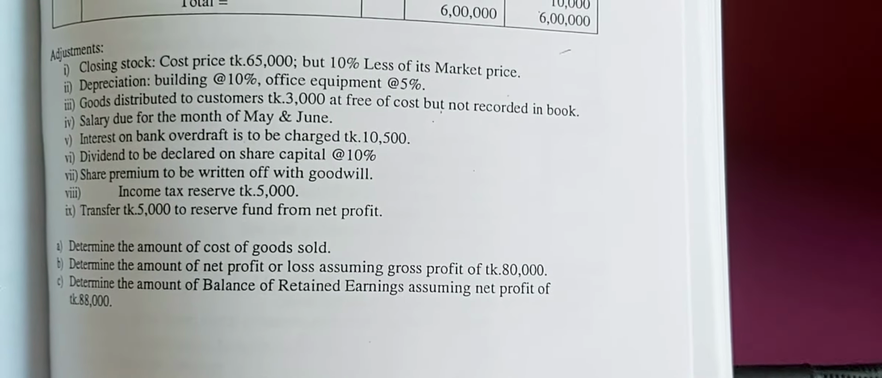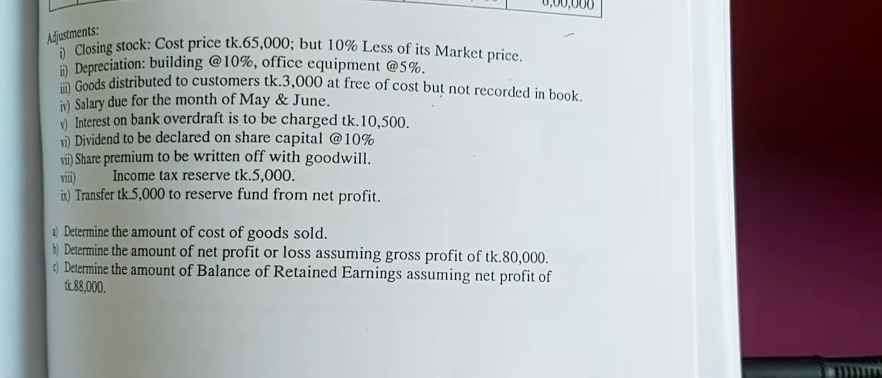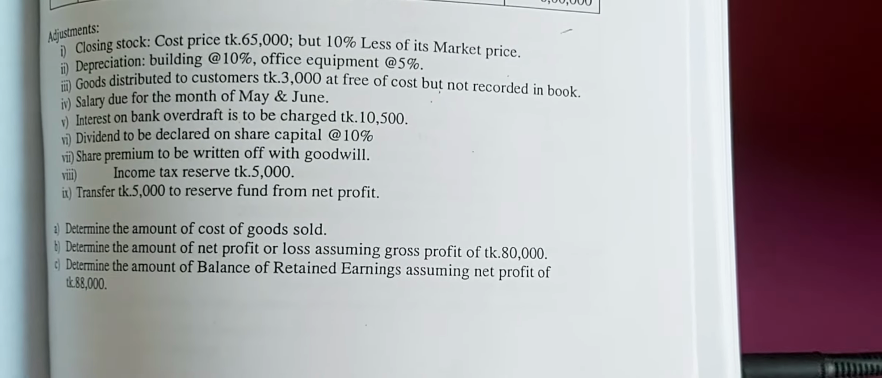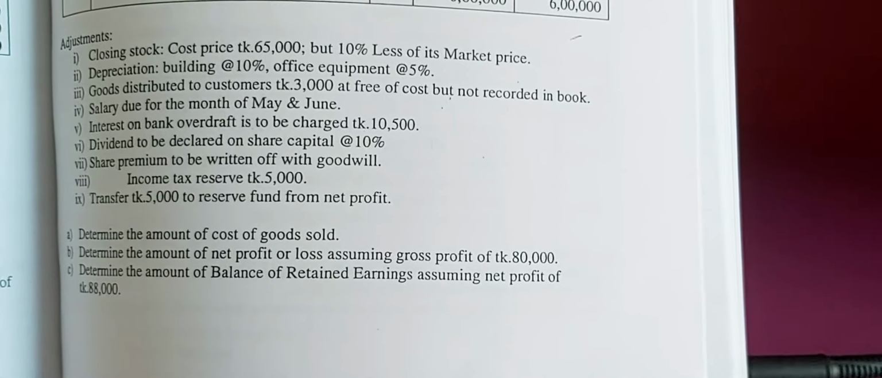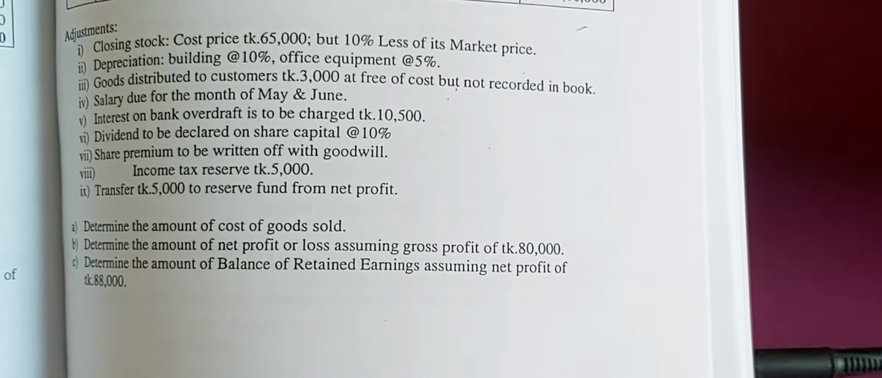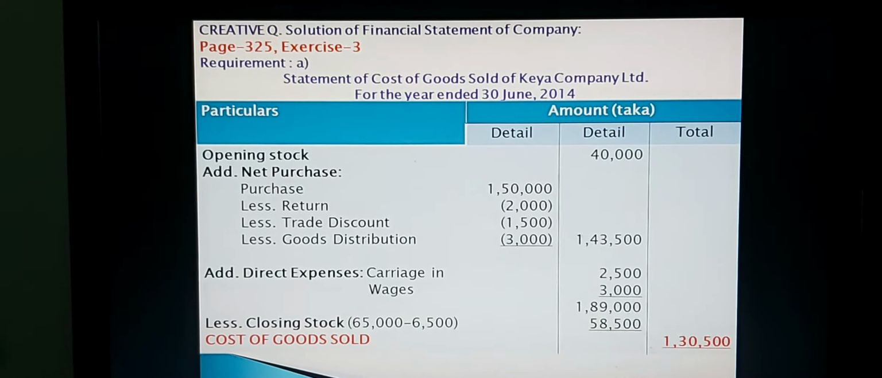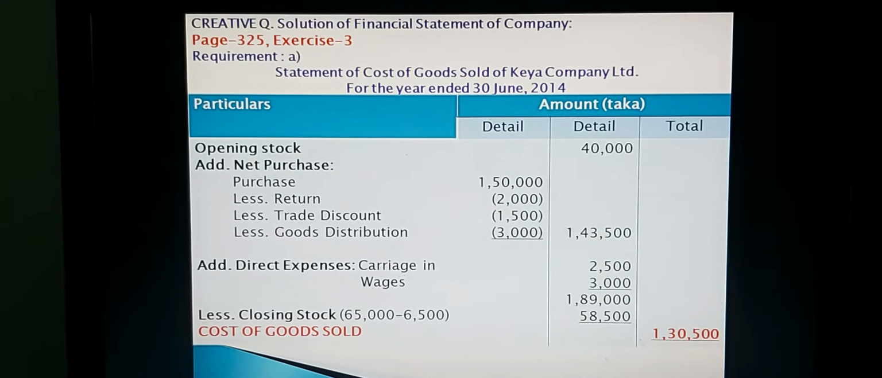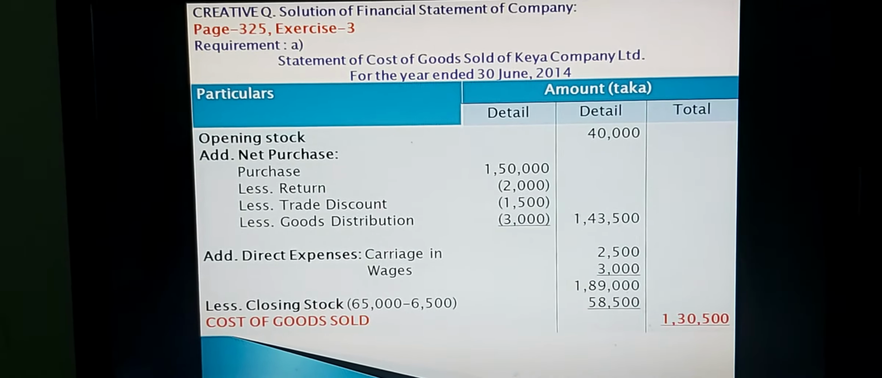You have to follow my instruction properly and then write in your copy the full solution of this question. This is creative question number 3, page number 325. Dear students, now you can take 3 pages for requirement 3